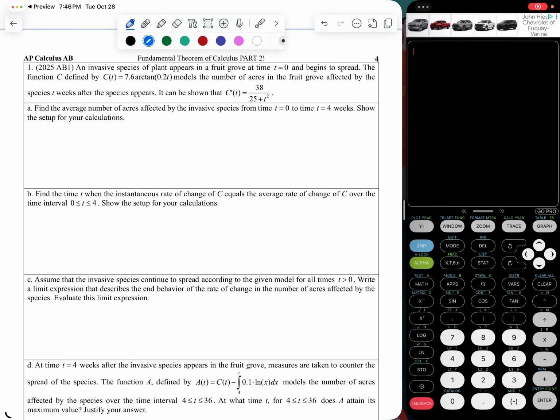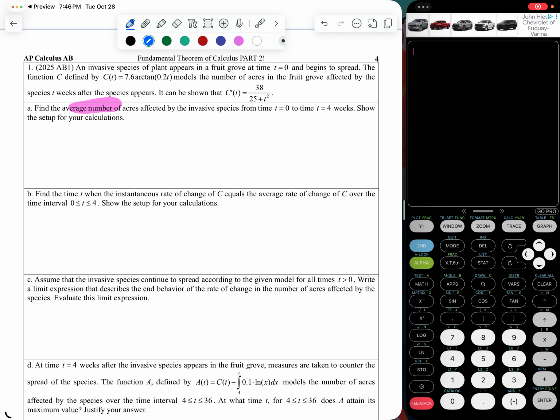Now for part A, it says find the average number of acres affected by the invasive species from time t equals 0 to time t equals 4 weeks. Show the setup for your calculations. All right, anytime I'm thinking about the average number of acres, I need to think about: is this average rate of change or is this average value? Now, if you look at our units here, we are looking at the average number of acres. So if I'm doing average rate of change, that's going to be,